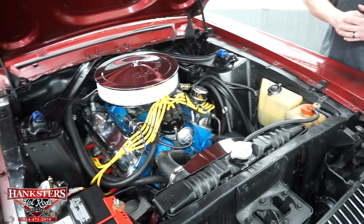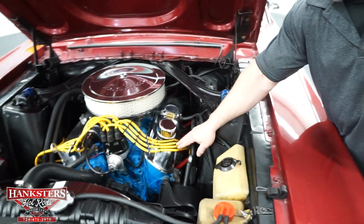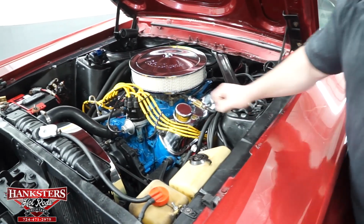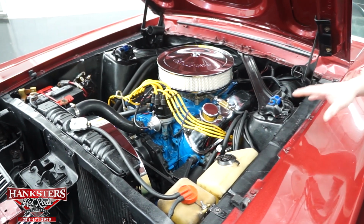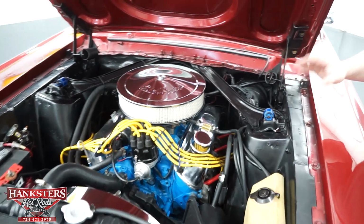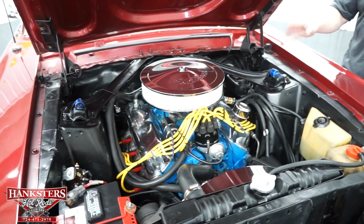Of course, your ignition on the car, stock distributor, it has been upgraded with the wires here. We've got 8.5mm plug wires. We do have an updated coil in there as well. Now this car is power brake and power steering. Now the brakes, it is 4-wheel drum though, but again, it does stop very well for being a 4-wheel drum